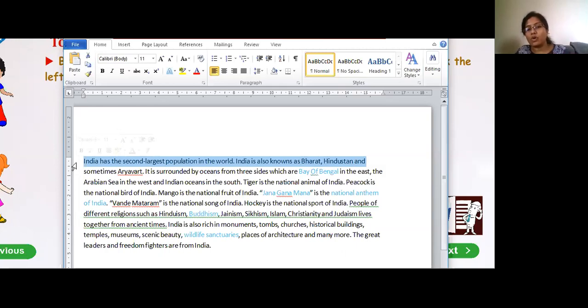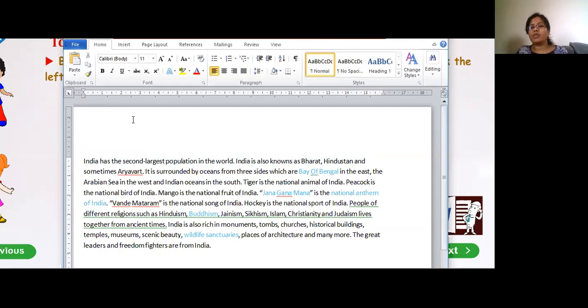But children, you're supposed to wait for the cursor to become an arrow. See here, my cursor is near the population, and the mouse pointer is looking like an I-beam shape. This is my left margin, the left side. So what am I supposed to do? Bring my mouse pointer here. As soon as it comes to the margin, it becomes an arrow. Yes, see, it became an arrow. Now just do one single left click, and my full line is selected.